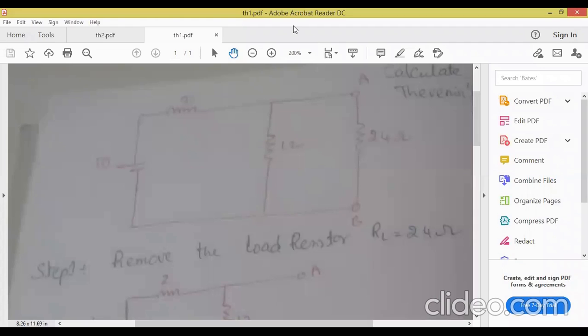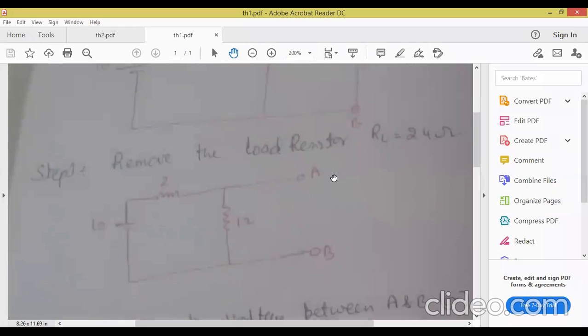Yes, two students raised the hand. Ask me the question. Don't hesitate. If I am having 100 meshes or 50 meshes, we can convert that circuit to a simple Thevenin's equivalent circuit. All of you, what do you do? Yes, Srija, you have raised the hand, and Pujita also. So first you solve this circuit using mesh analysis. You will get 0.33. Then you follow the steps of Thevenin's theorem.